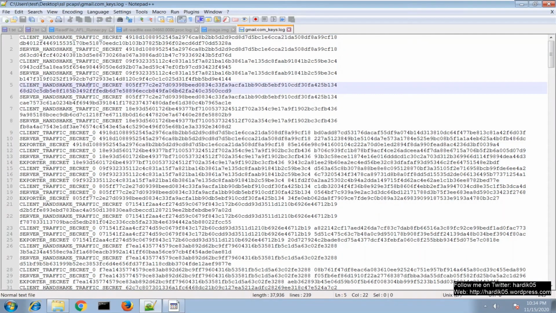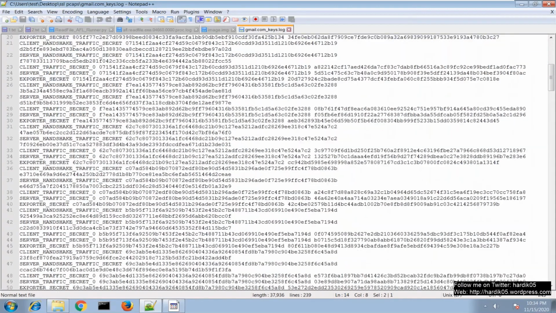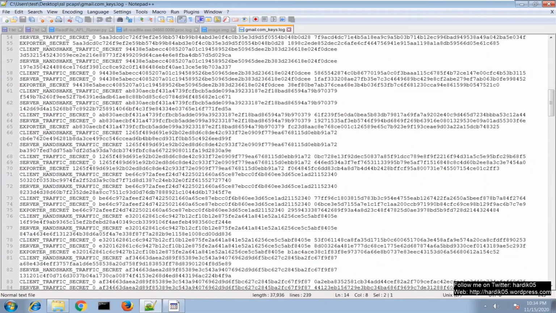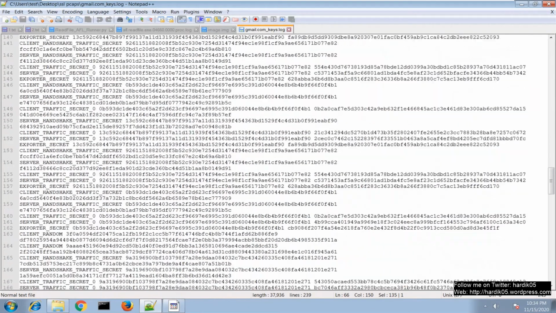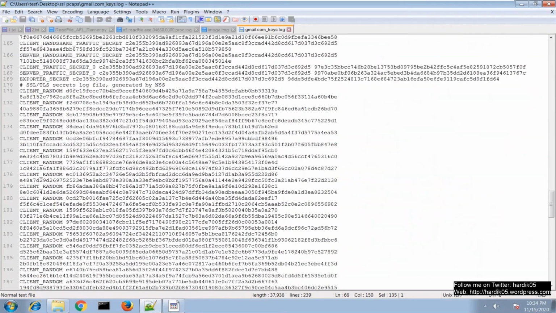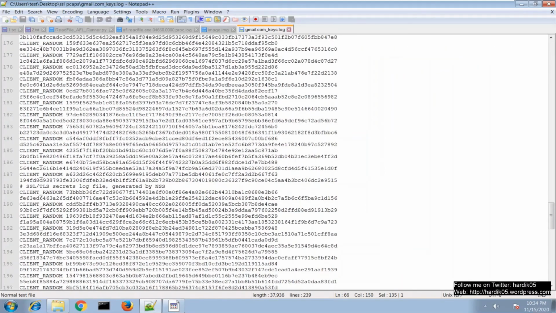So you will see that it contains a lot of data like client handshake traffic secret, server handshake traffic secret. These are the keys which you can see over here, and exporter secret. So it contains all these keys which Wireshark will use to decode all the packets over here, and you can share this file. Just make sure that you don't share all the files.